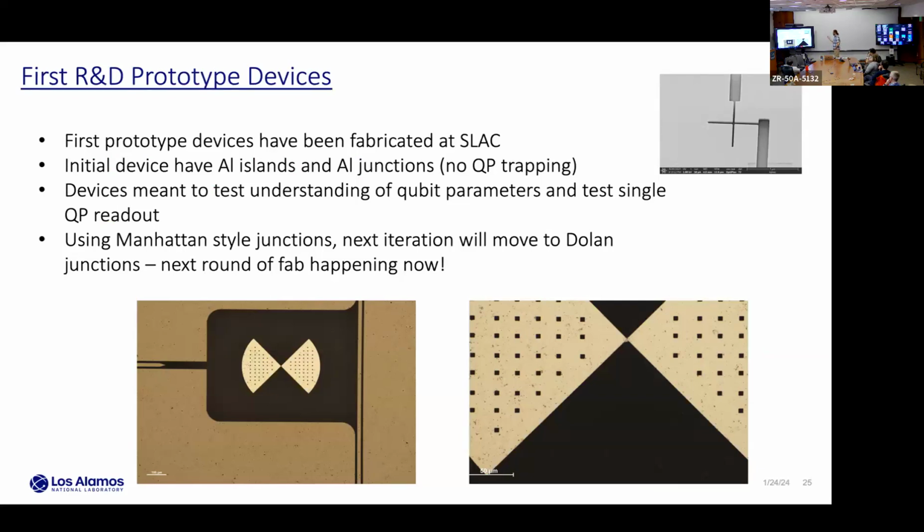And yes, we've done a first fab run at SLAC of these devices. We're doing the entire device out of aluminum first, just to make sure we understand the qubit modeling. Unfortunately, in our first fab run, all the junctions blew, maybe just improper handling. But getting a new fab facility up and running is not easy to begin with, so we didn't have high hopes. But the second round of fab is happening this week, actually. So maybe within the next few weeks, there might be some more interesting results.